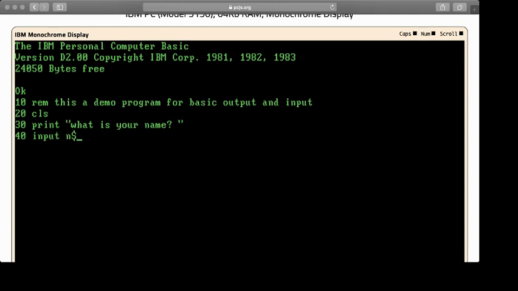Unlike with newer programming languages, where you can write just N, there's no limitation on writing the variable name. But in this program, the maximum number of characters you can put is only 2, and then you can put the dollar sign after. So all in all, it will be 3. The next line will be